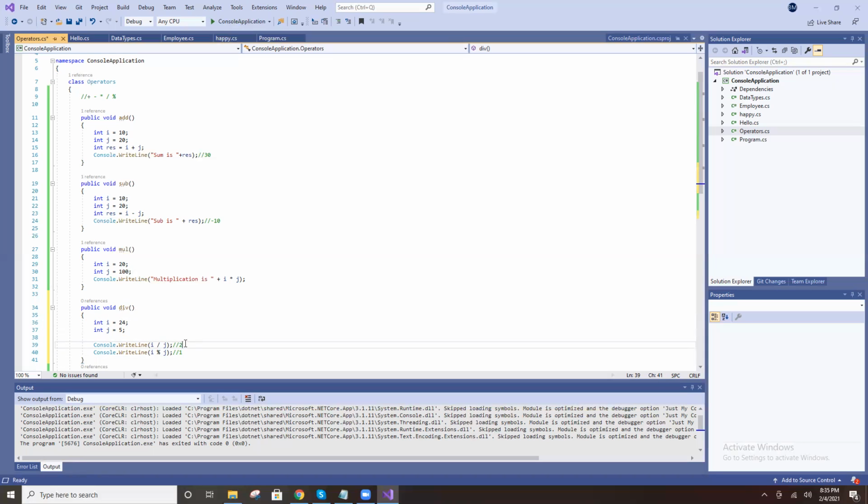Is 4. What is the value here? 4. Yeah, exactly, you got it right. This is modulus, and this is a division. This is a modulus; this is a by. I by j means 5 by 4 gives 20? 4 is the answer. Whatever the remainder is, 4, right? This is the modulus. That is the difference. Modulus means remainder. By means our actual value.